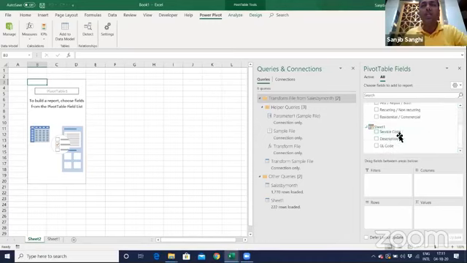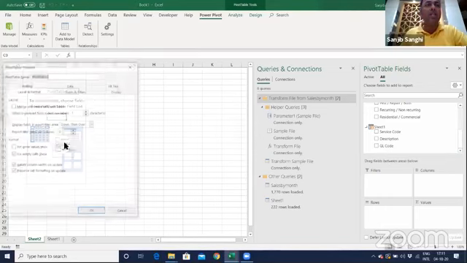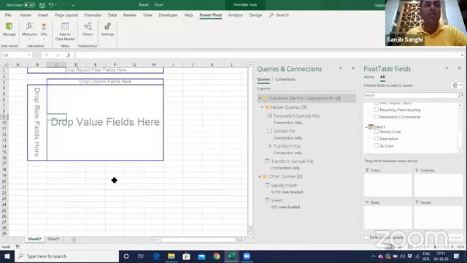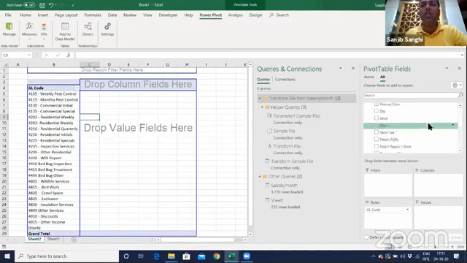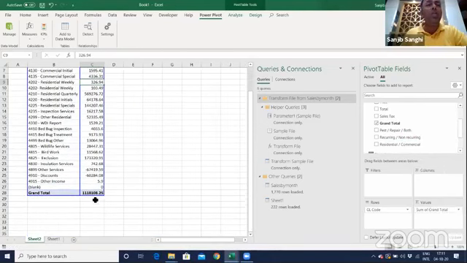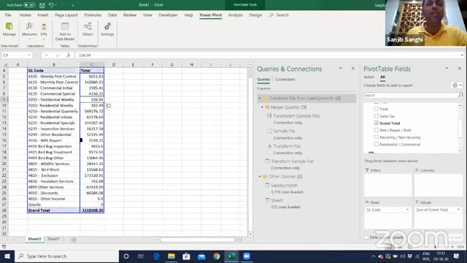Now all I can do is go to the drag and drop interface, and then simply take the GL code and paste it over here. All my GL codes are here. I can go back and take the grand total and paste it as a column over here. So now it is taking the total of all the 11 data.